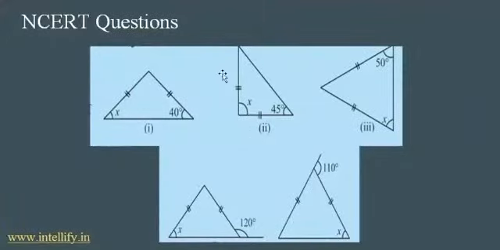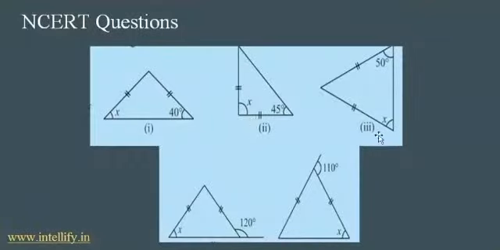Let us go to the second question. Again, this side and this side are equal, hence this x is the unequal angle. 45 degrees will be equal to this angle, 45 degrees. So 45 plus 45 is 90, and using the angle sum property we can find x. x is equal to 180 minus 90, which is equal to 90 degrees. Hence the answer is 90 degrees.